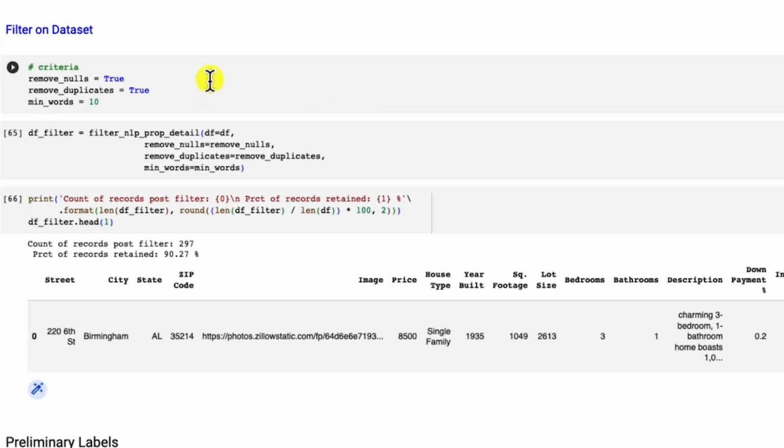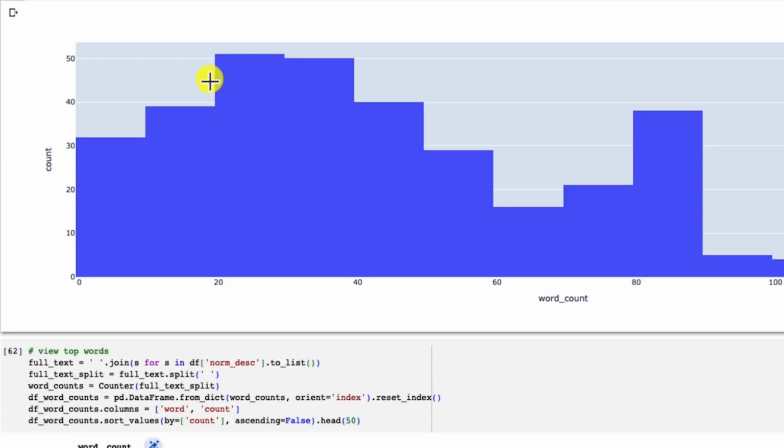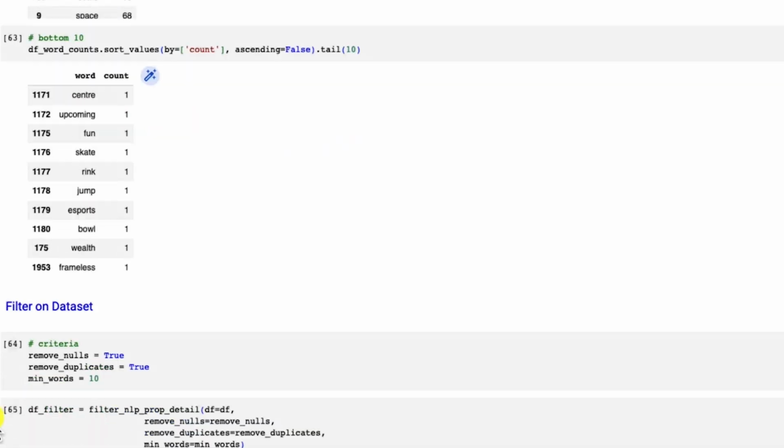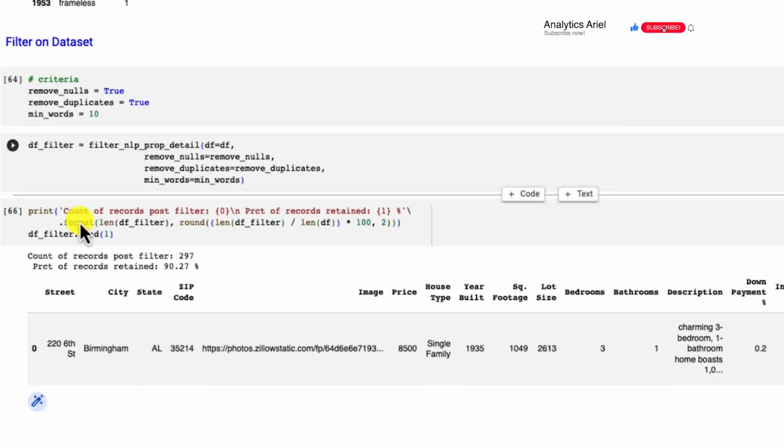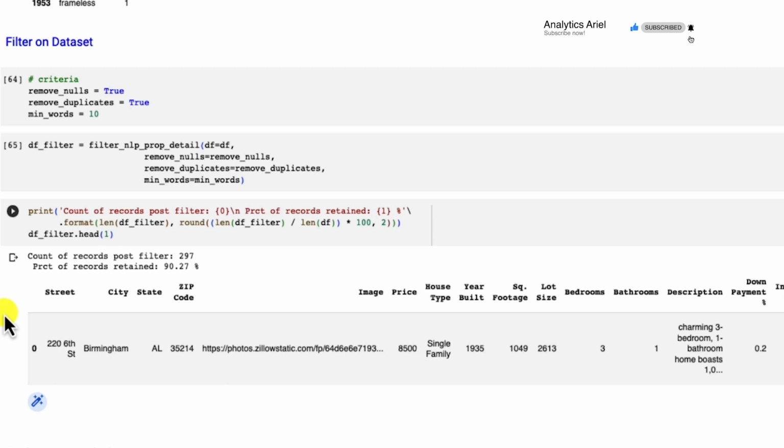So I set this to true. I also want to remove duplicates, and I thought based on the histogram that we showed above that I only wanted to see descriptions with at least 10 words. So here I filtered based on that criteria, and after reducing my data set, the percentage of records retained were